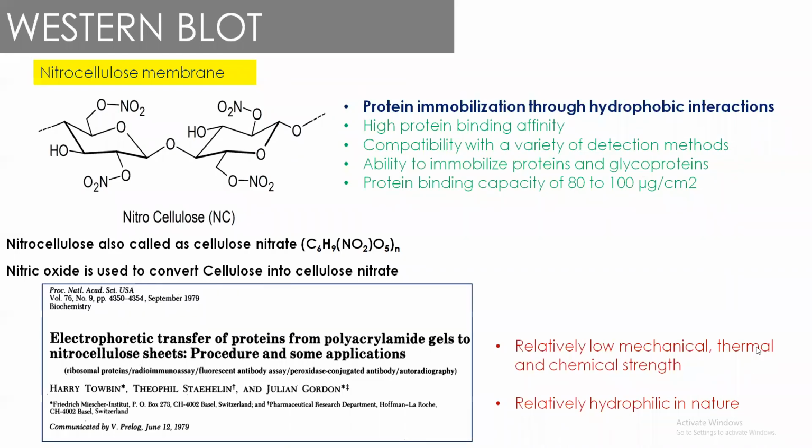So even though it is one of the longest used membranes in the protein system, it suffers from two major drawbacks. One is that it has relatively low mechanical, thermal, and chemical strength. It means that it may be prone to wear and tear while processing. However, not as easily as the gel, and it is relatively hydrophilic in nature. So if we are washing with water, it may